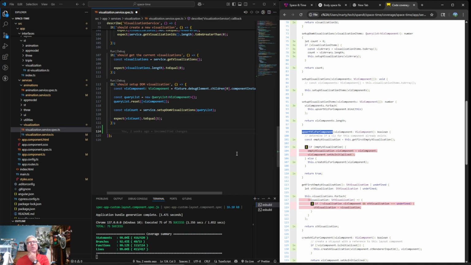So I think I'm going to ask ChatGPT for help on this because, to be completely honest, the biggest reason I'm not really going to try to really understand it is because this has been deprecated anyways, right? The Angular core team has deprecated these sorts of unit tests anyway.